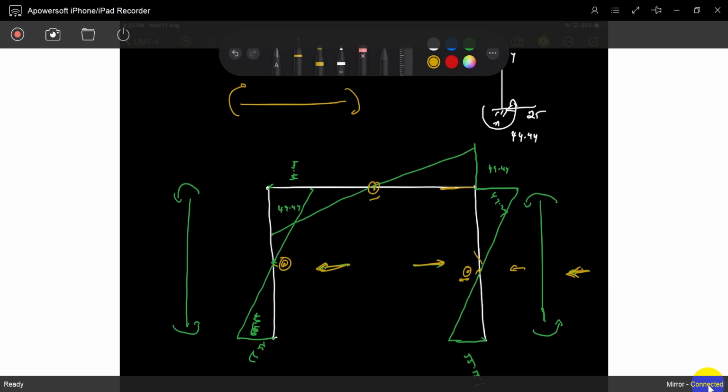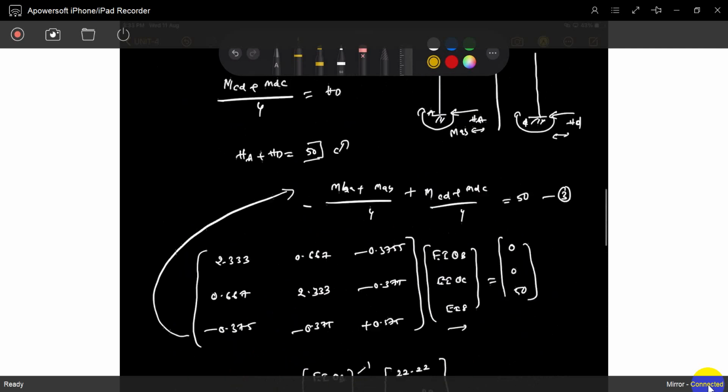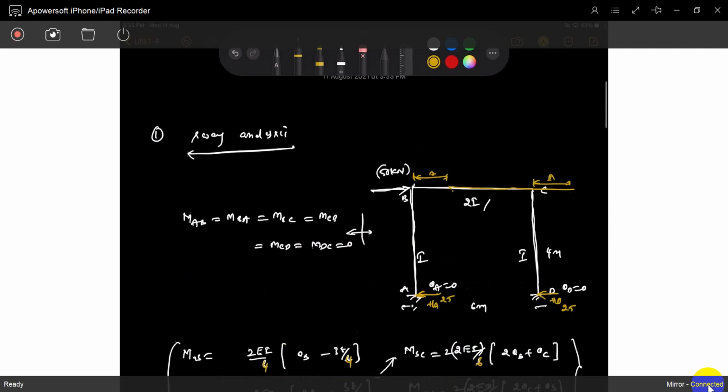So hinged bending moment diagram, no chance. There is no other loading. So that's it. But you can draw the deflection diagram. Now I will show how to draw the deflection diagram.